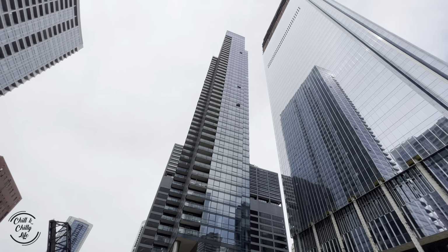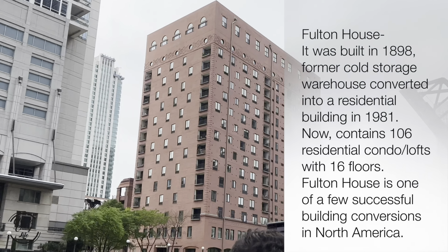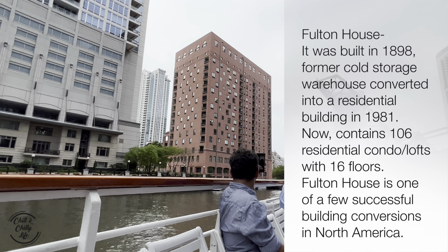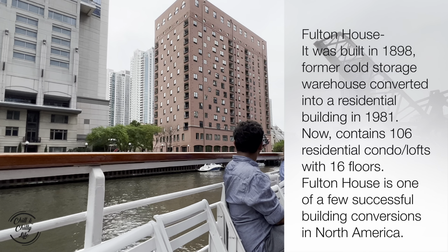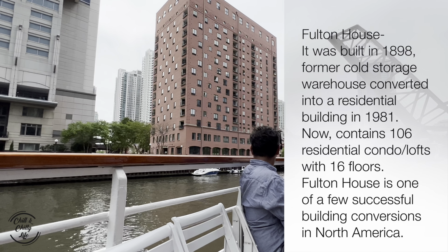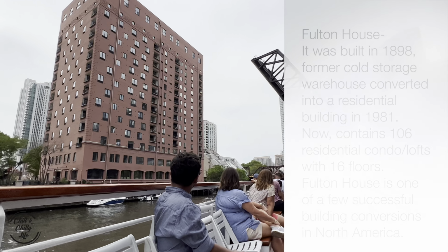That it was basically a big giant refrigerator. It had no windows, no balconies. Picture all brick, all four sides. That's how it looked starting in 1898 when it was built, up until the 1970s when it was converted into residences. When it was converted into residences, they of course had to punch out all the windows and balconies you see, and to update the insulation, they had to remove all the antiquated insulation stuffed between the